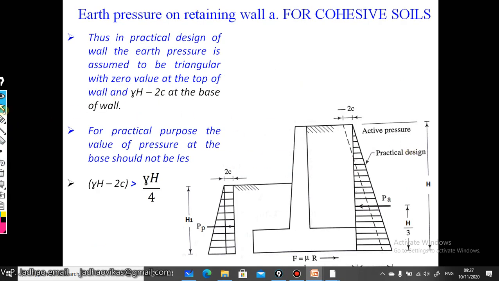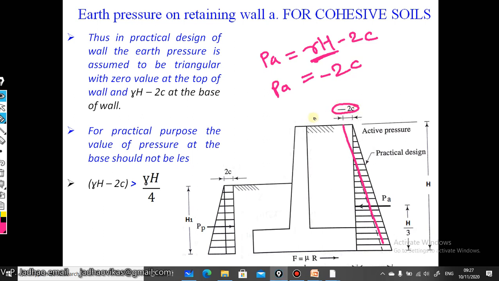Now we have the active earth pressure equal to gamma H minus 2C. So at the top we will have this gamma H factor 0, so PA, the active earth pressure at the top, will be minus 2C, that is negative 2C, therefore the profile will be something like this. Here we will be having minus 2C. But from a practical point of view, this value at the top cannot be negative,